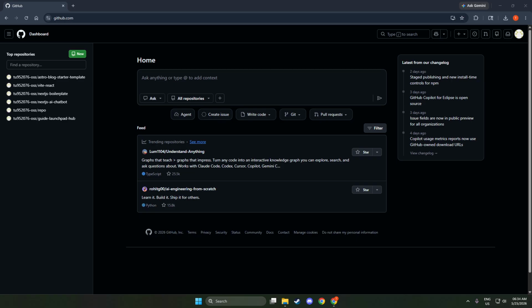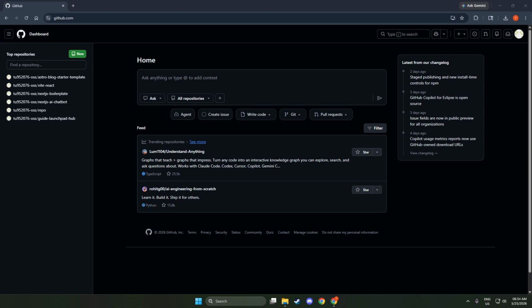Head to GitHub in any modern browser and navigate to the repository you want to share. You can get there from your profile or organization page, or by using the search bar if you have lots of projects. Make sure you're looking at the repository's main page, the one that shows the code, the file list, and the README.